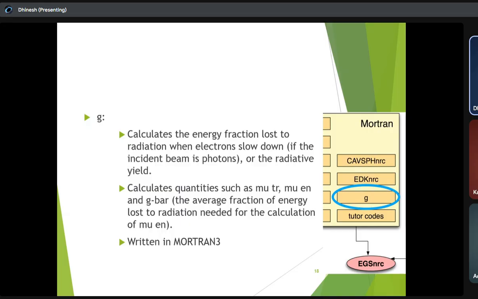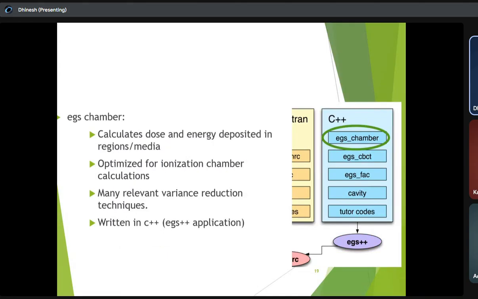Another most important and very useful application is G. With the help of this application, we can find the energy transfer coefficient, energy absorption coefficient, and G bar. Whatever we have seen till now is based on this Mortran language, and some of the